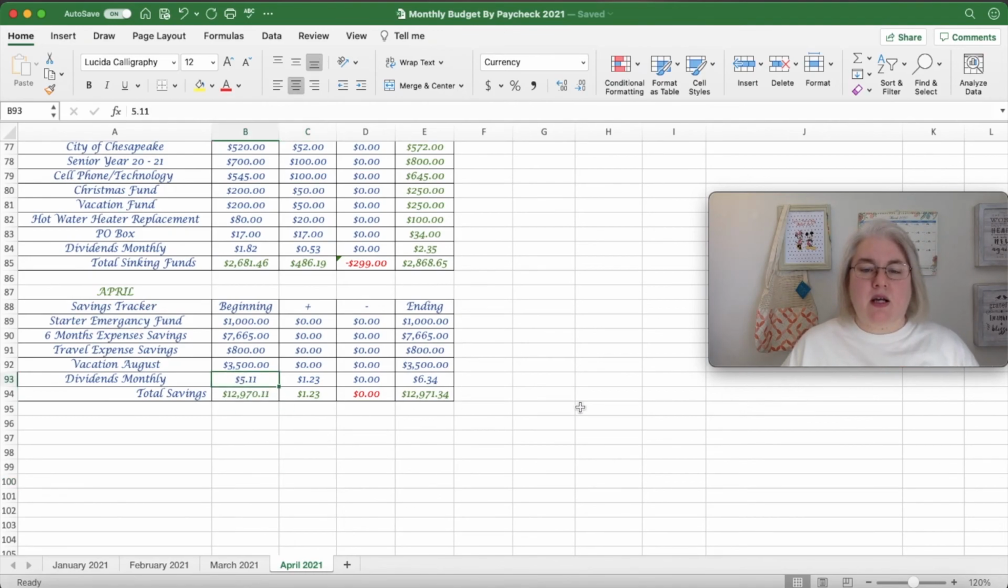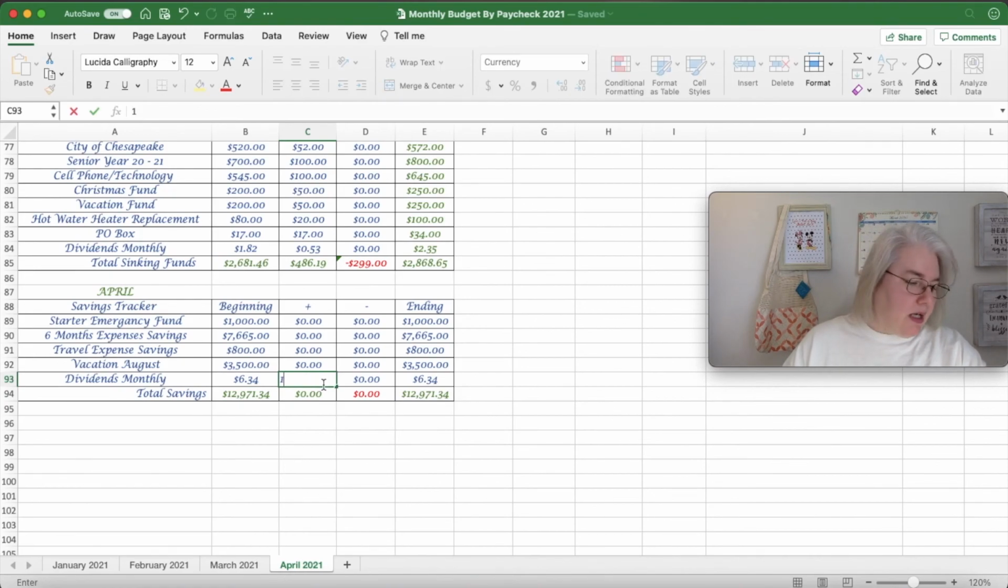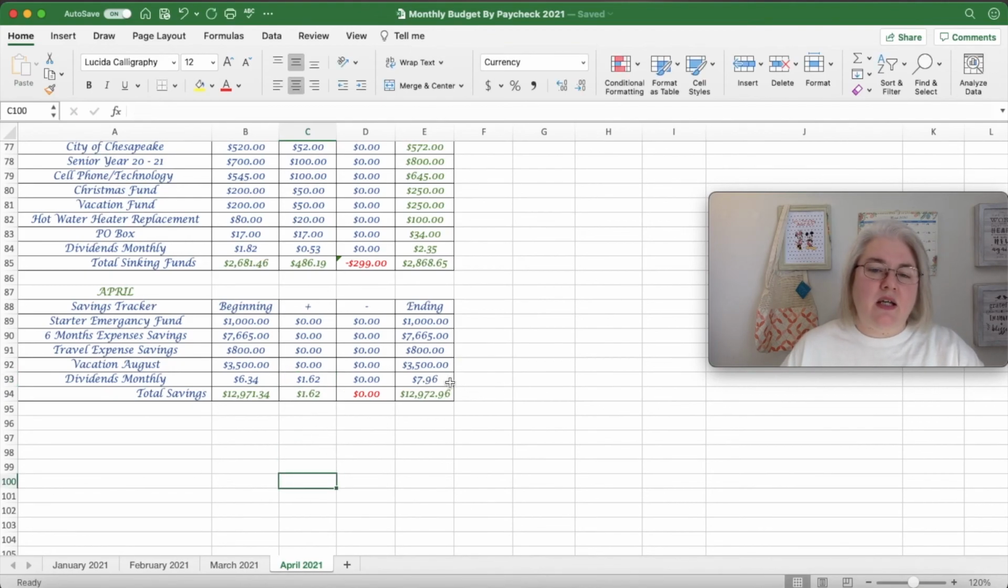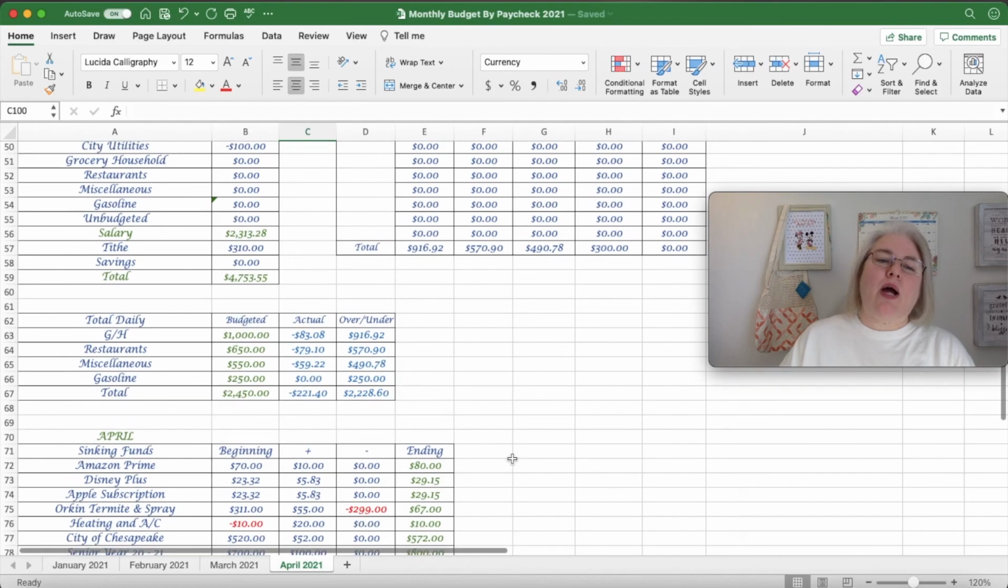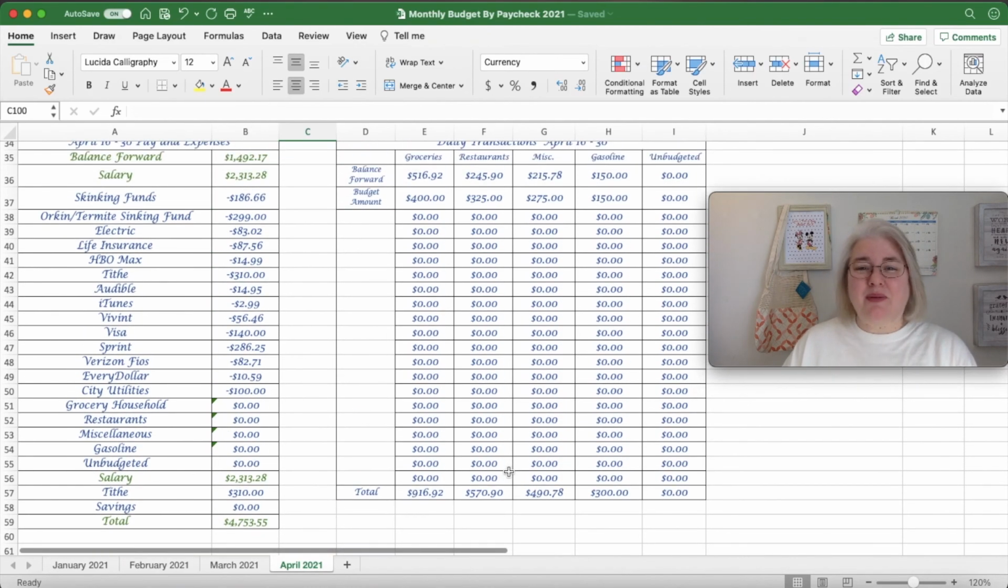So dividends, I got to adjust for that, $6.34. And then this I'm going to take out because we have $1.62 for dividends and giving us $7.96. And yeah, so that is our total amounts there. Now, once I make any adjustments, these numbers will change, but I won't do any of that until the end of the month. So that is my Excel sheet and how I track everything I budget in my budget sheets